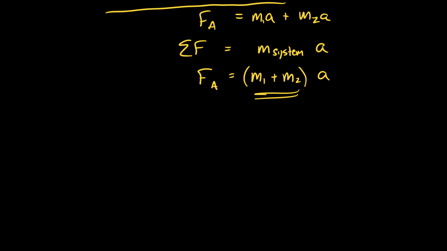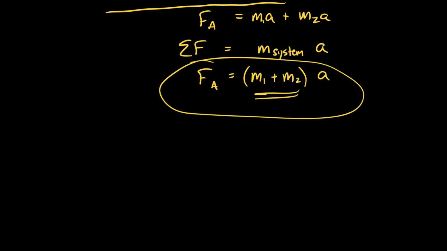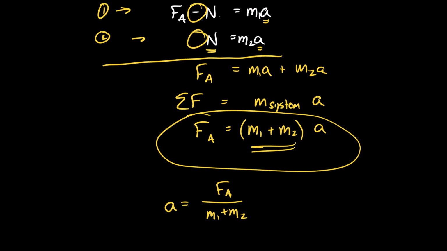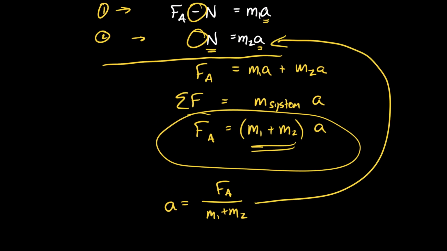When you're working a multi-body problem, there will almost always come a time where you will get whatever the applied force is that's external to the system, the sum of all the masses, and the acceleration. It will almost always show up. In fact, if it doesn't, you've likely screwed something up. I do want to point out that if you were interested in the normal force, you would have to get it from here. Meaning you would have to take this, find the acceleration, and then consider going backwards to find the normal force.